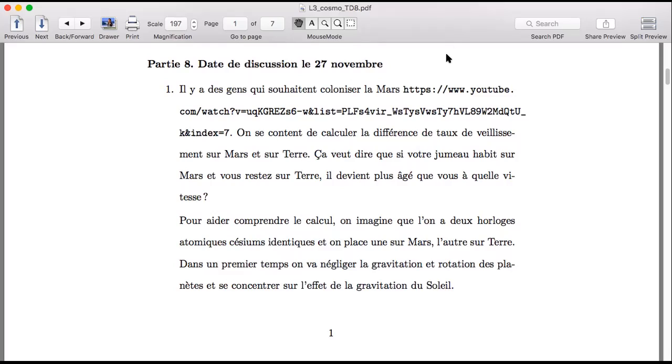It's more that, as we'll see in this calculation, if you put a clock on Mars, it's going to measure more time than happens here on Earth,